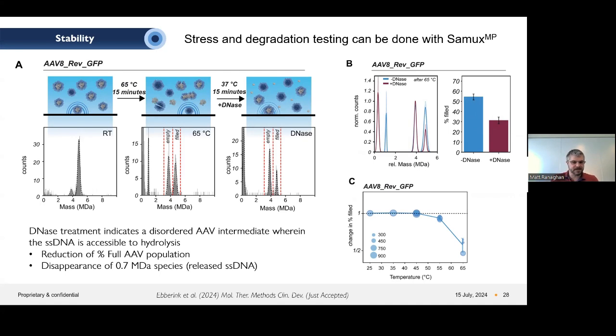what they figured was happening was that not only were they heat denaturing the AAV8 serotype samples, causing release of the genome in some population, but because they had a loss of full particles with the addition of DNase, they must also have a population whereby those AAV particles hadn't fully released, but still had the DNA exposed in a way that the DNase enzyme found accessible, right? And so it found accessible and led to a further population of loss of their mature